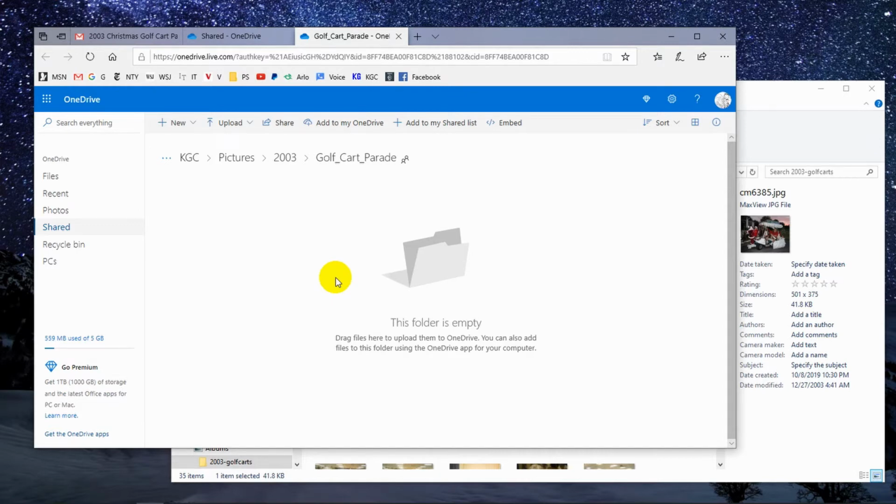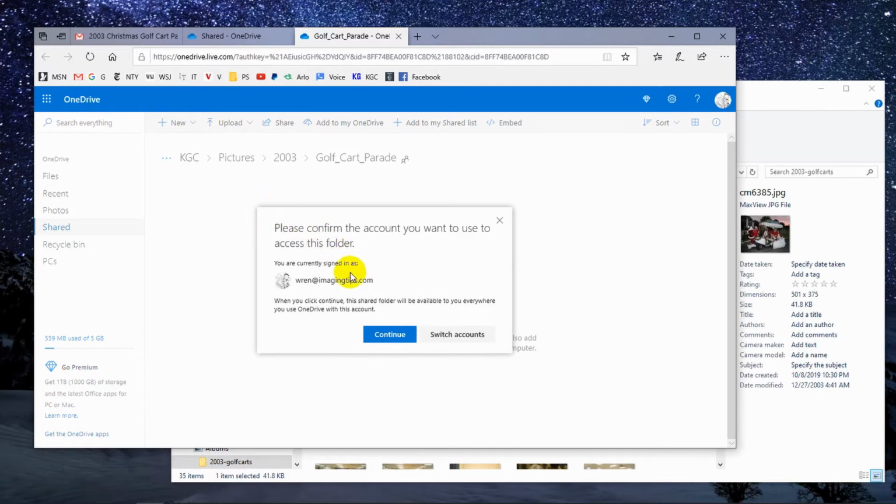Now I can upload them by just clicking here where it says upload, and I get a choice of uploading individual files, or I can upload an entire folder of files by clicking, and it says, do you really want to do it from this OneDrive account? I'm currently using my Imaging Tips account, and if I click continue, this folder will become available to that account wherever I go. So anyway, I'll click continue,